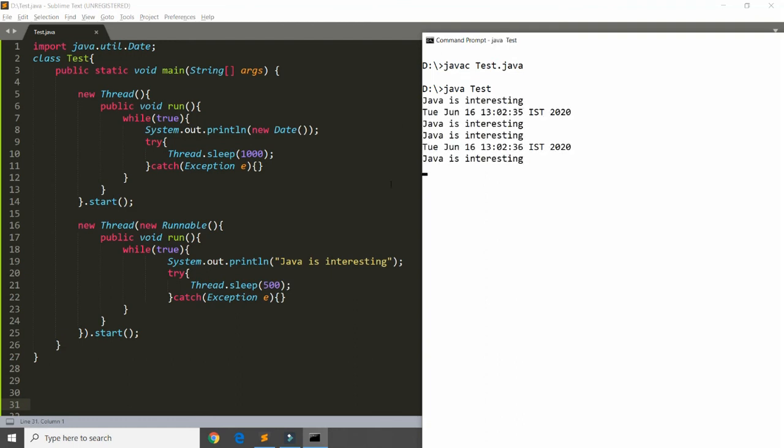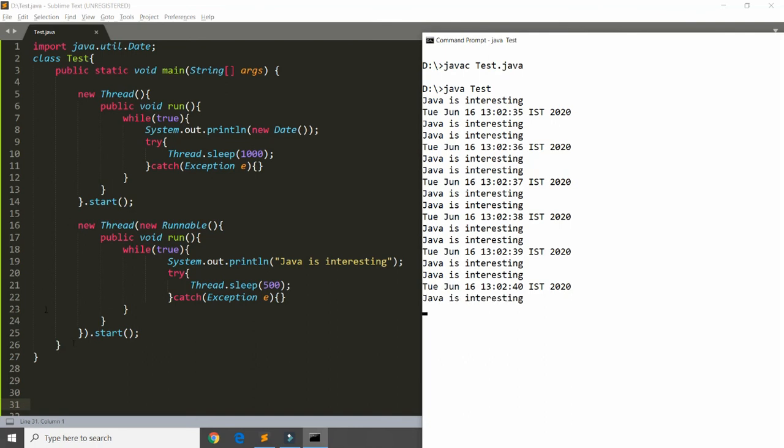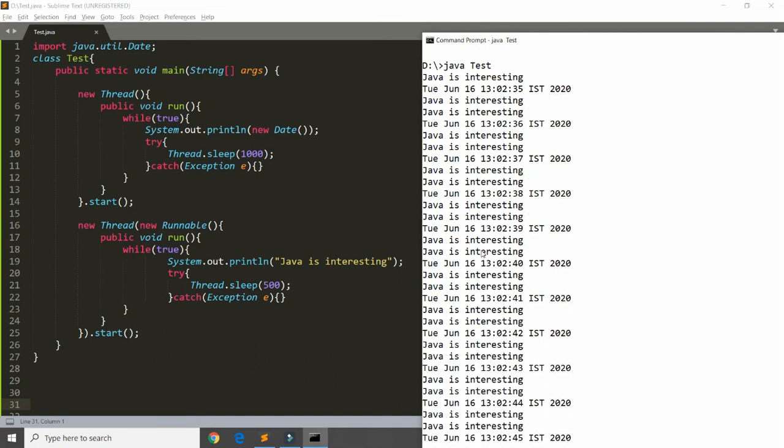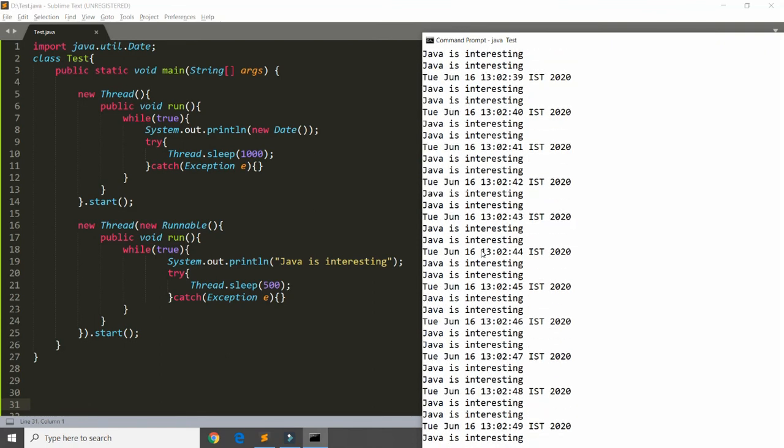What happens? See, there are 2 threads running, one by calling an anonymous Thread, one by calling an anonymous Runnable, and both are working properly. So this is the way you can call multiple threads in one file, and you can call them anonymously also. That's it from my side.